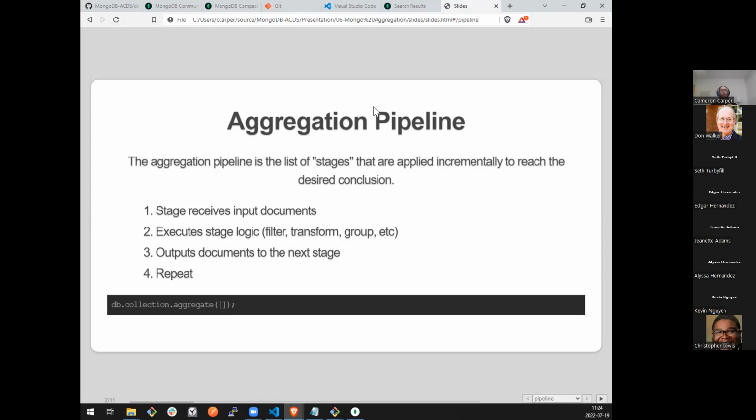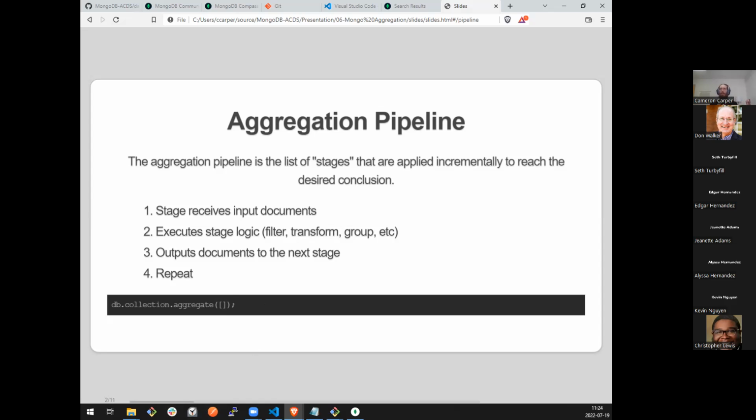Each stage is going to receive a list of input documents. The very first stage is going to get effectively all of the documents in the collection. That stage's logic will then execute based on those documents. Let's say, simple for now, we're doing a filter, which is what we've been doing previously.